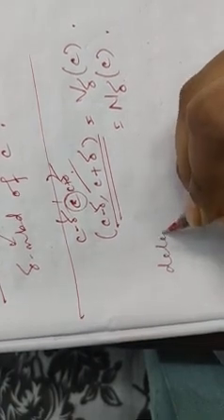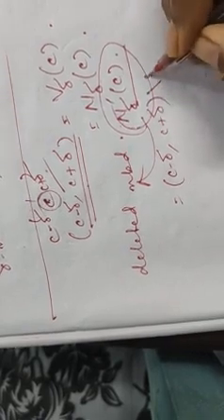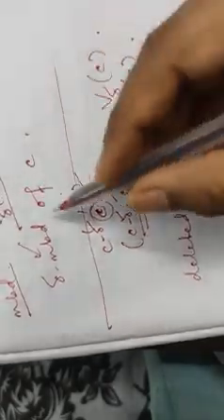Now we have another new notation which is called deleted neighborhood, and it is denoted by N_delta dashed (c). This is also a standard notation. This means c is not included in that neighborhood. So what does N_delta dashed (c) mean? It means (c minus delta, c plus delta) minus {c}. That means c is excluded. This is called deleted neighborhood. So basically this neighborhood contains the points from (c minus delta, c), this part, union (c, c plus delta).